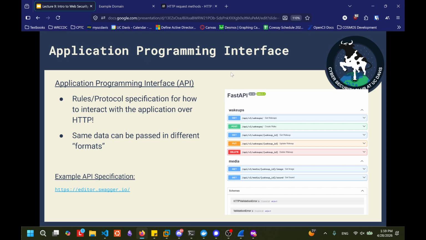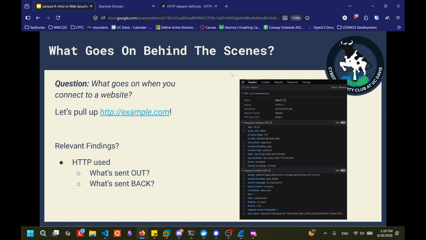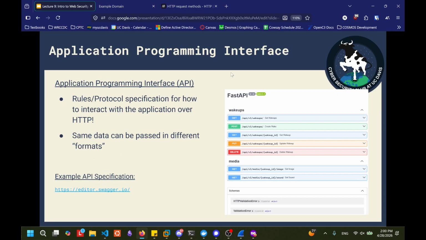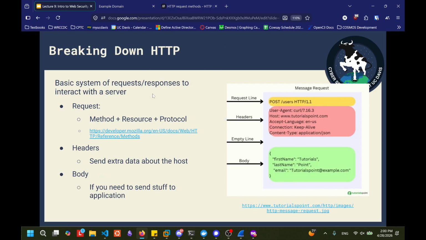APIs are just specifications for how to send HTTP data. The body could be anything, but an API defines that I have to put first name, last name, email. Oh, this is optional, this is necessary. Those are the rules necessary to interact with an API. And even though you can use POST requests, it's just one way of passing data between your website, your quote-unquote front end, and a back end. There are a lot of different ways to do it.